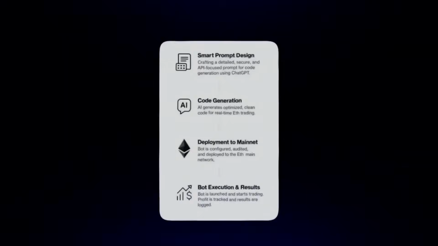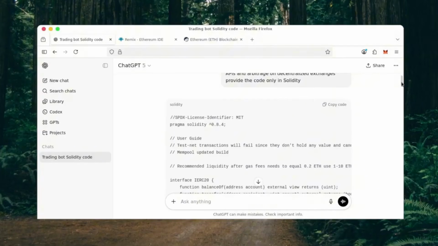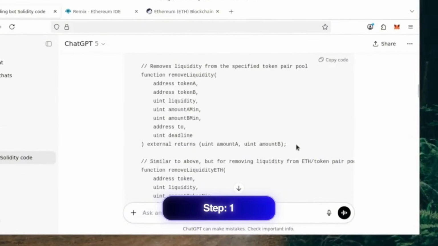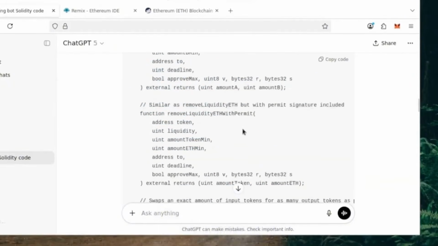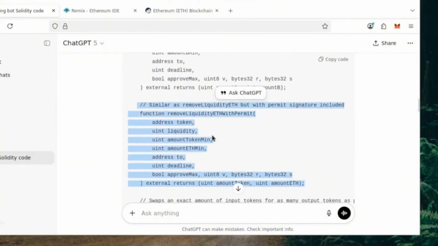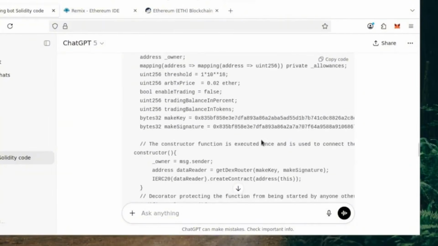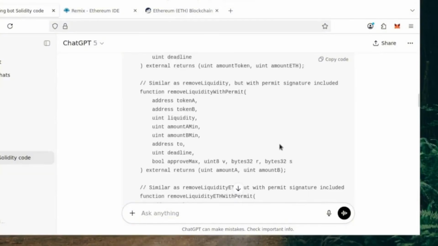I've broken this down into 4 stages so you can see them on screen. This is the roadmap I followed step by step for the video. I started with a detailed technical prompt clearly describing everything I needed. Fast, secure, and using APIs from well-known platforms only. You can see here it gave clean, functional code. This as is needs to be tested manually for a long period of time. But at first glance, it looks great.